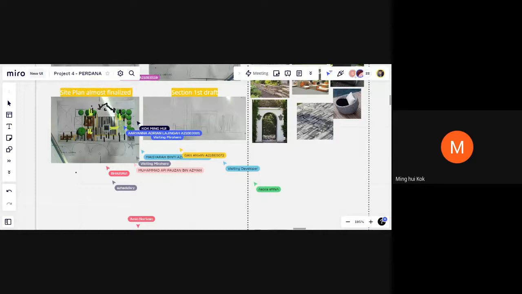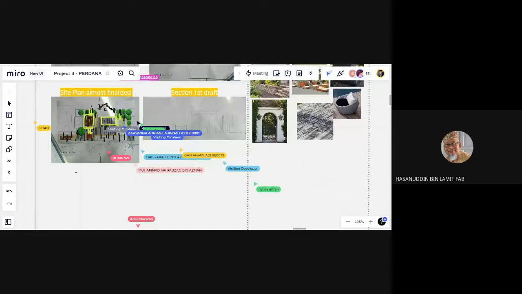Not really. How about... okay, let me try to say this. For example, what Mary is trying to say is, let's say you take this pattern here, right? You copy this. This is an example. Copy this and put it here, right? And then when you bring it over, you can arrange the furniture according to this